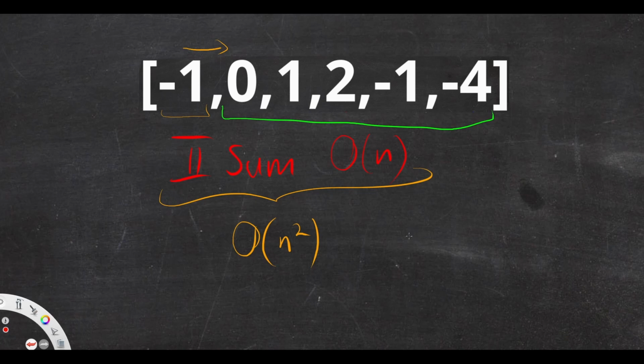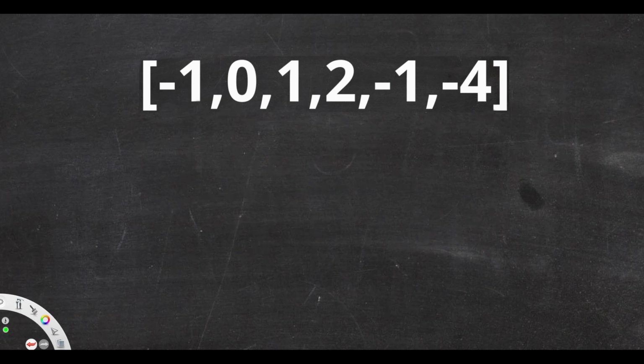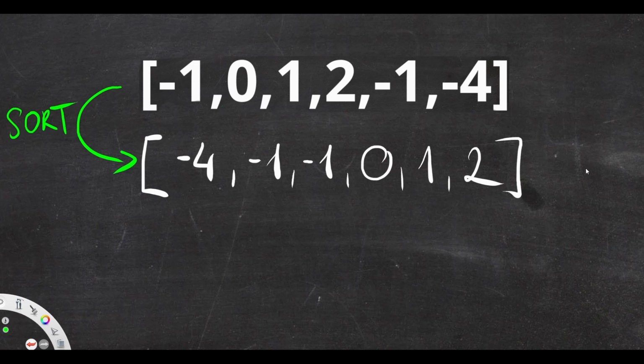But unfortunately, this will involve a space complexity of big O of n squared because we have to store two sums results somewhere. Can we get rid of the space complexity somehow? Well, yeah. What if we sorted the array? We only need the numbers anyway, and we don't care about the original indices of the elements. There is a variation of twosum called twosum2,